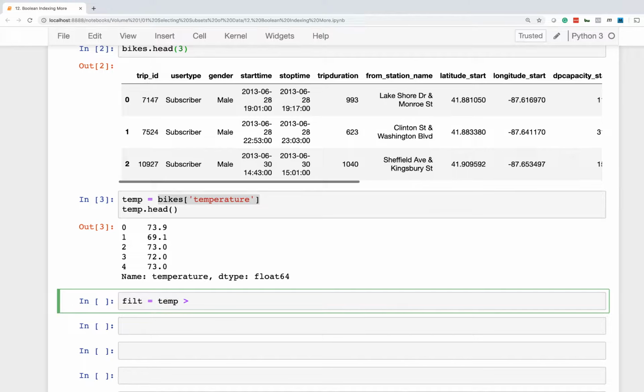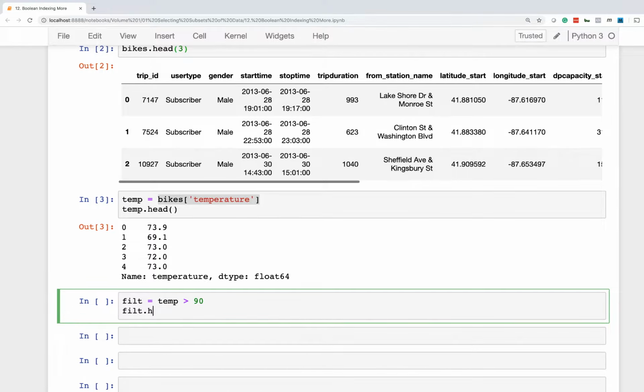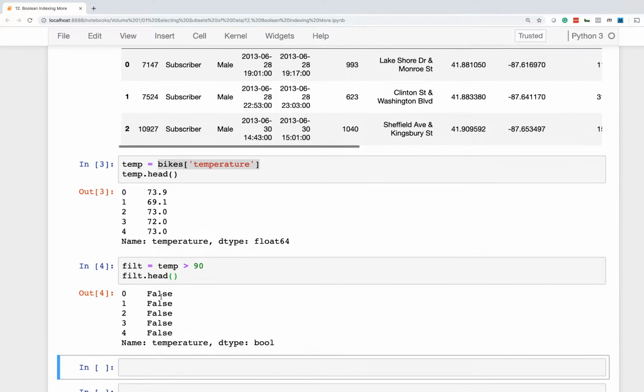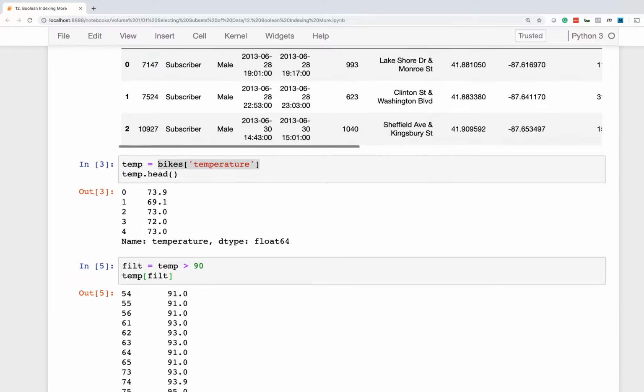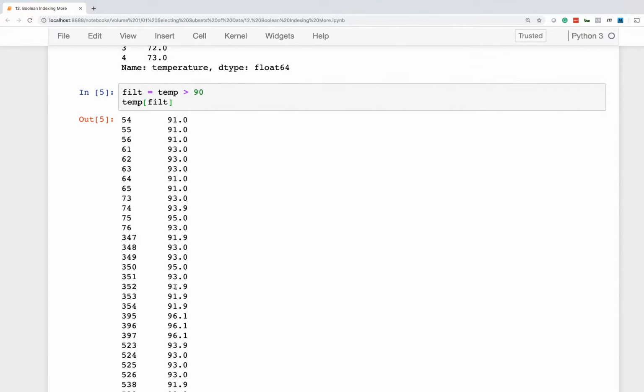So let's just select all of the rows greater than 90. This is just so we can see that this is working. So filt will have true or false based on whether the temperature is greater than 90. And then to do the selection, we start with temp, we use just the brackets, and we pass it in filt. Now, you can see here we only have temperatures greater than 90,